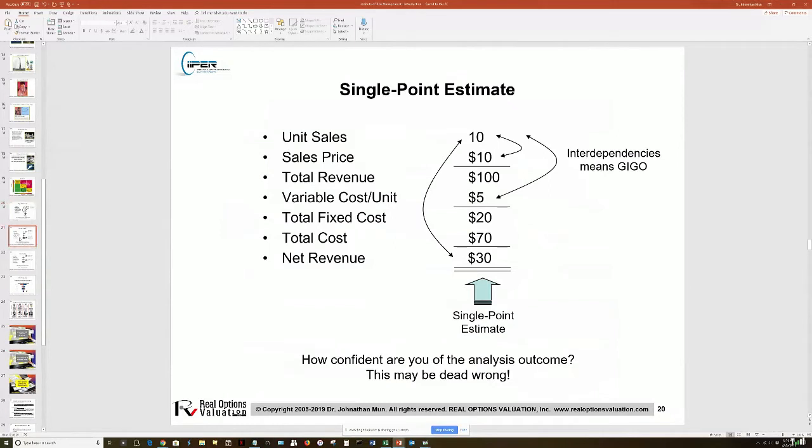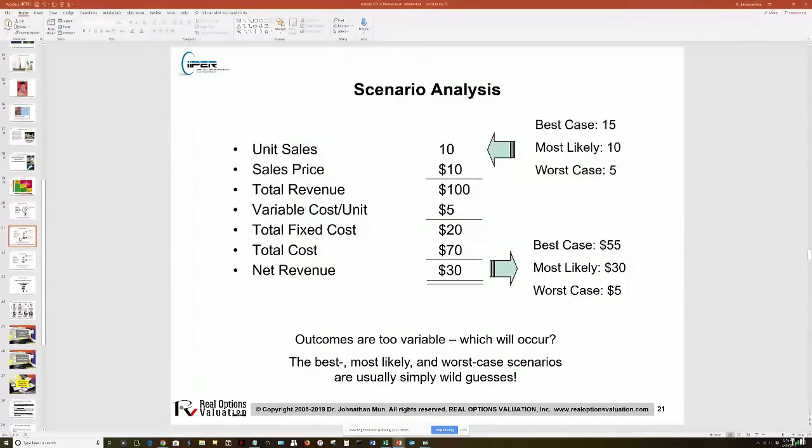That's more of a traditional analysis, and so we push the limits a little bit. We do something called scenario analysis. So we say, best case, worst case, if this goes up to $5, $10, $20, whatever happens. So you have three different cases, but which of these will actually occur? We don't really know either.